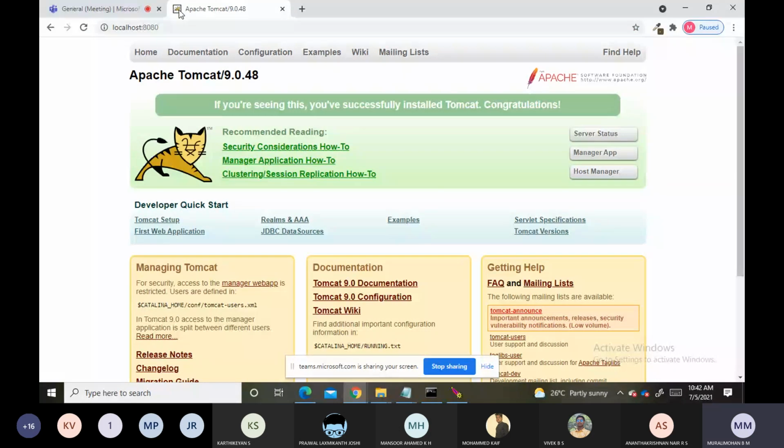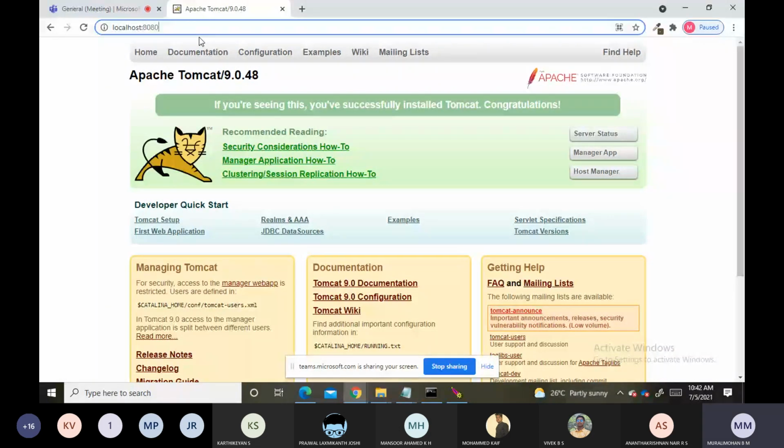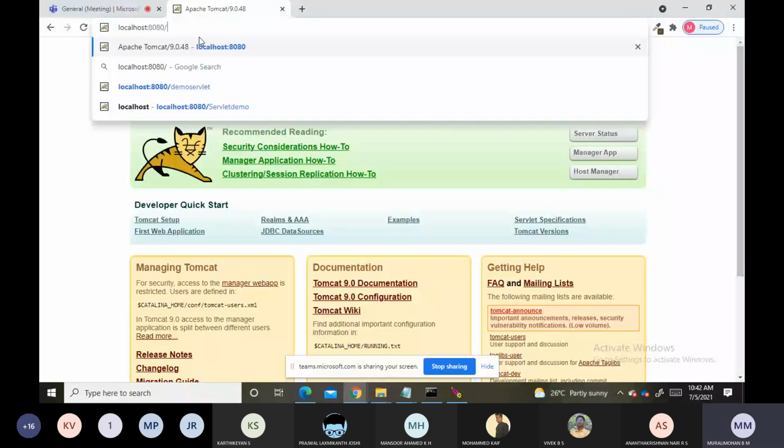Now we will allow Tomcat to locate our program. What is our program? Our folder, servo. Yes or no? Our folder servo. So here I will press enter.